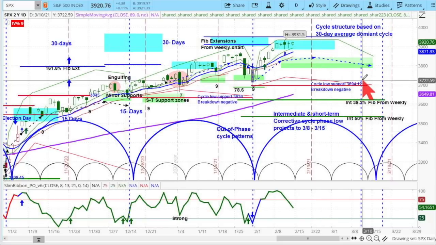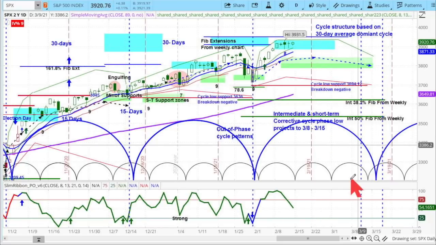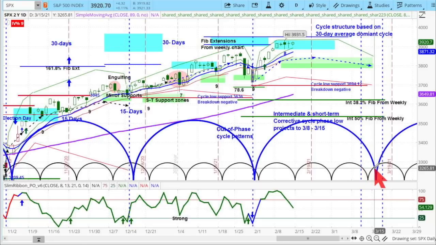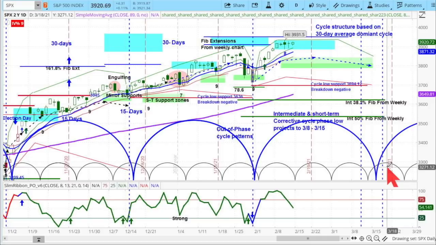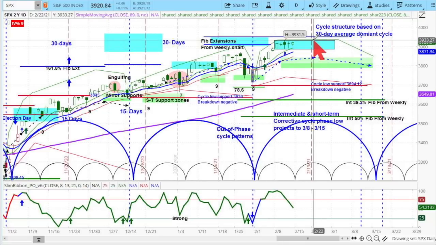And you can see these 2 lines over here. This is the principle of variation that says it'll be a few days earlier or a few days later, and that's where that comes from. As you saw earlier, there were some 27-day cycles, 28-day cycles. So the expectation is that because the intermediate pattern is in a corrective period, this will come down